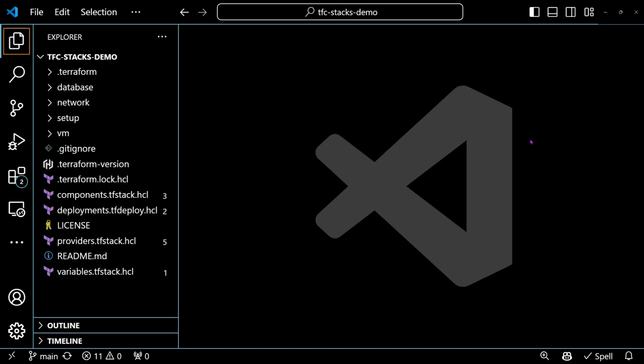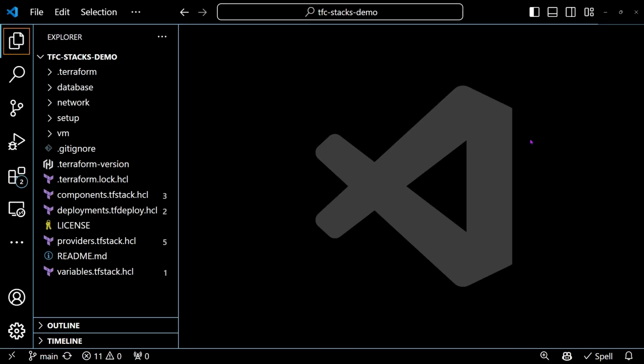You'll notice there's two new file extensions in here. One is .tfstack.hcl. The other one is .tfdeploy.hcl. .tfstack.hcl is for the components that make up your stack, and we'll take a look at the contents in a moment. The other type, the .tfdeploy.hcl, is for the deployments of your stack. So it will reference the settings that are specific for each deployment. With that in mind, let's get into the